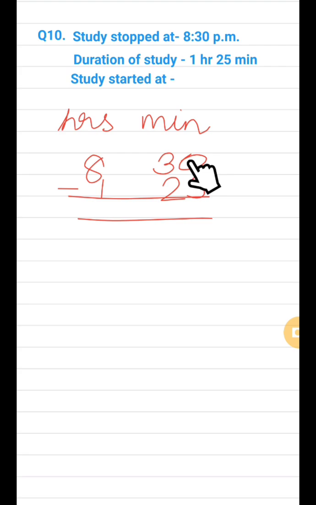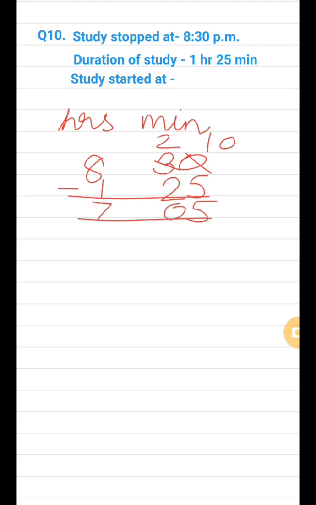Now 0 minus 5, we have to borrow, but here we are borrowing from the number 3 which is already in the minutes. Okay, here nothing is being borrowed from the hours, so we will do simple subtraction. So it will become 2 now, 5, 2 minus 2 is 0, 8 minus 1 is 7.